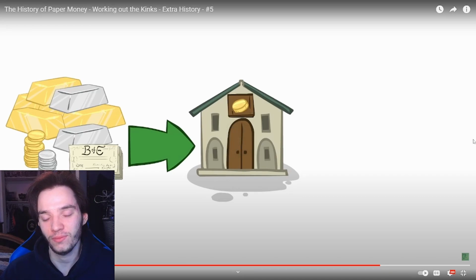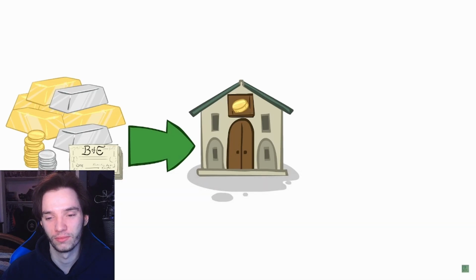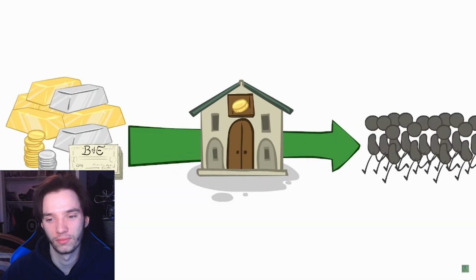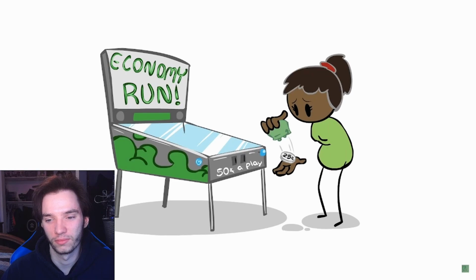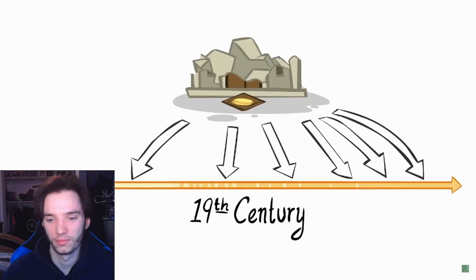Banks are trying to hoard up as much real money, gold, silver, and central bank notes as they can, so that they can somehow pay all of the people rushing the bank to withdraw their accounts without going bust. This ultimately means that a lot of money is just sucked out of the economy. It just stops circulating, and we're back to our original problem of literally having too little money to make the economy run. This happened in England throughout the 19th century.